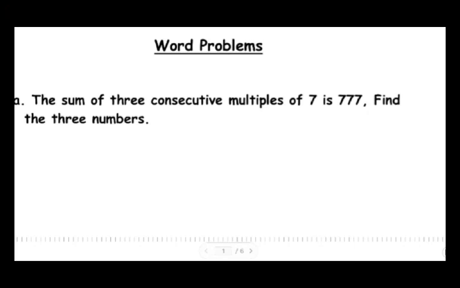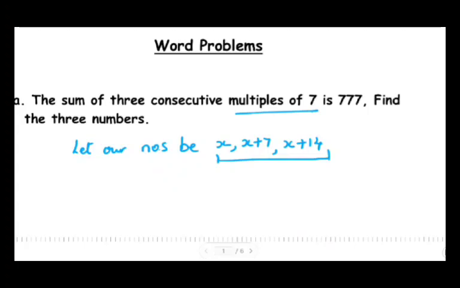Okay, so let our numbers be, let me take the first number as x. My second number will be x plus 7 because it is a multiple of 7. And my third number will be x plus 14. Okay, so these are the numbers basically that will come in 7's table because we are talking about multiples